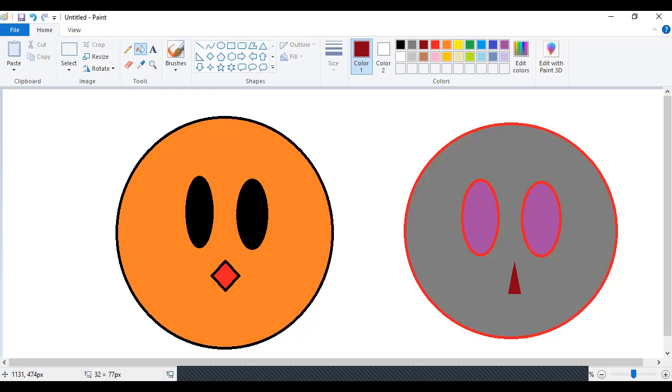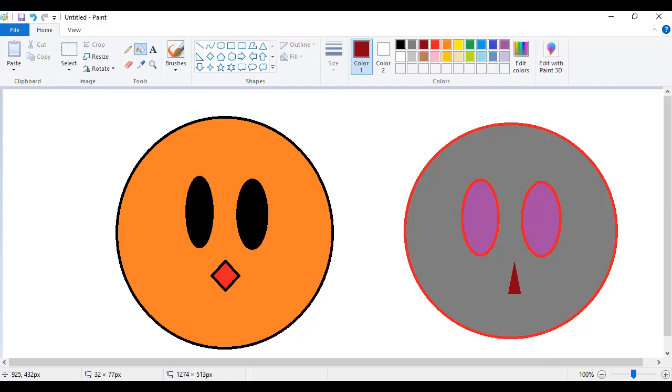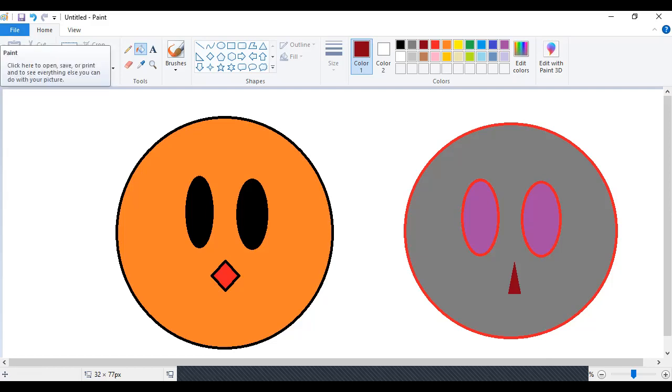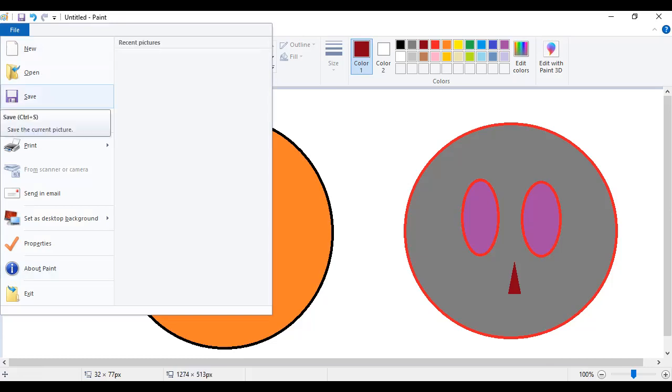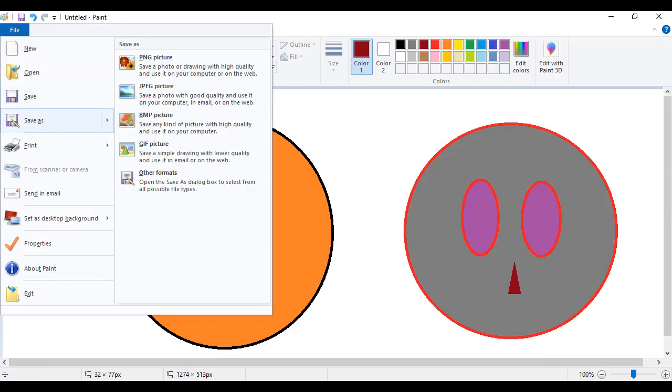I have created this little piece of art on the computer. Now I want to save this for later. So how can I save this? This is today's topic, today's work that we are supposed to learn: how we can save it for later. So I'll click on this File, which is on the top left corner. Now multiple options have opened for me. I'll say Save or Save As. I'll click on Save As.